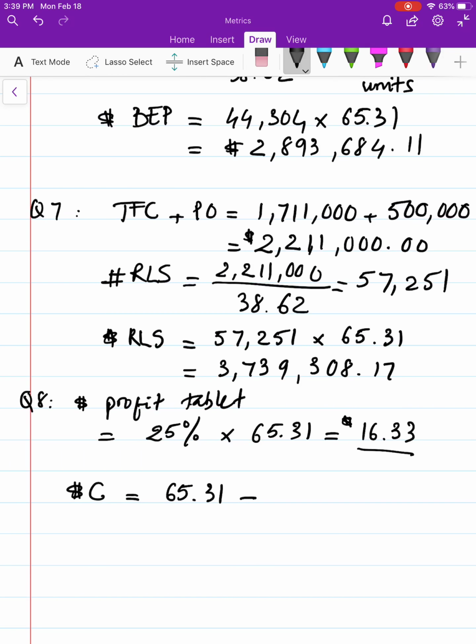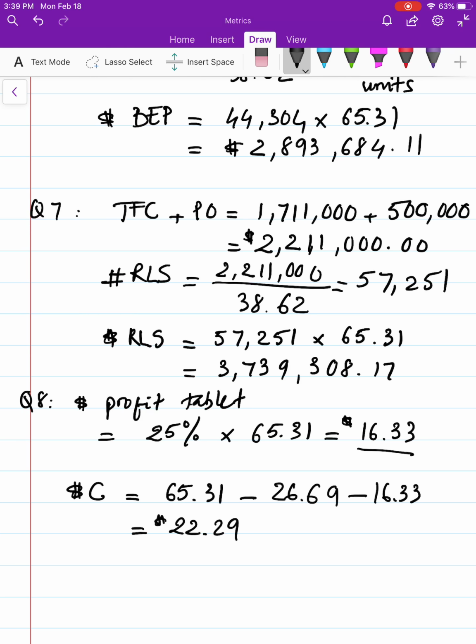We are going to minus that, but then we also want to treat this number as the new variable cost, so we minus that as well. So the dollar contribution should cover the profit objective and the unit variable cost, and that gives us the new dollar contribution of